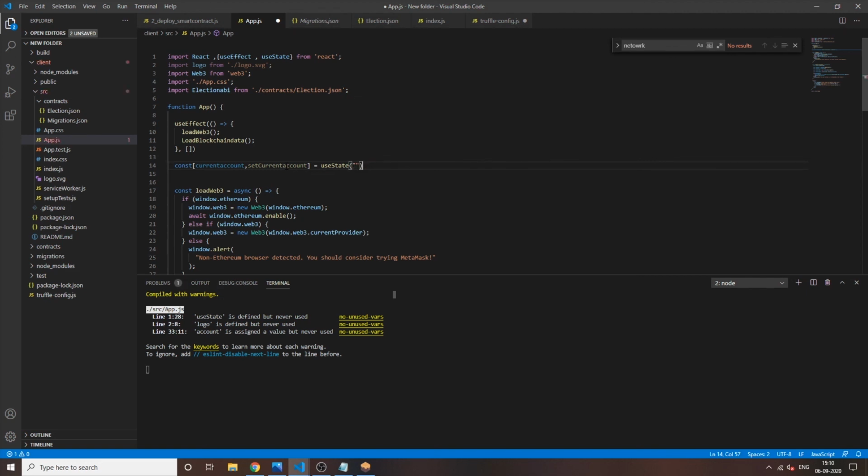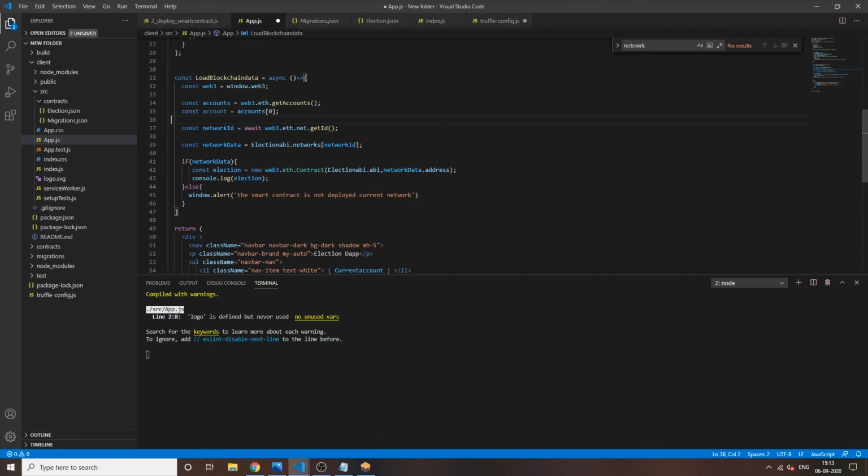You want to store it as a string, so we will give it as a string. Just simple, not a big issue. So now we will set the current account by just typing setCurrentAccount and we will type it as account.